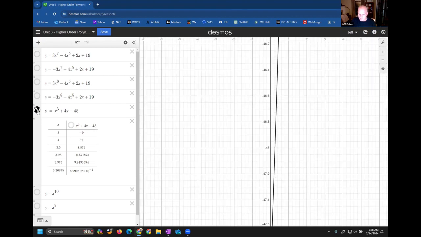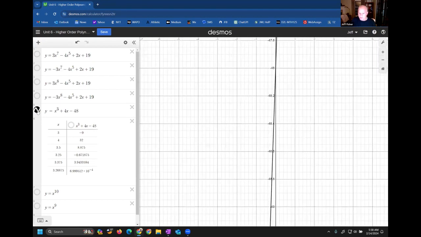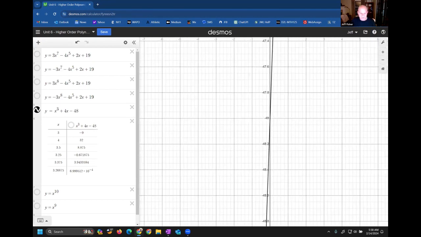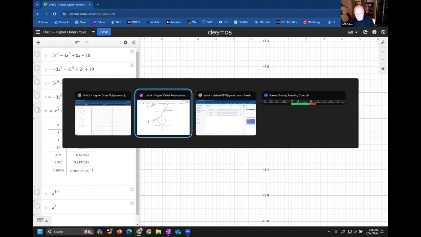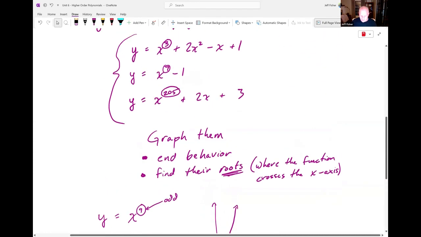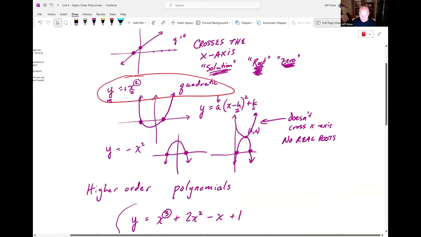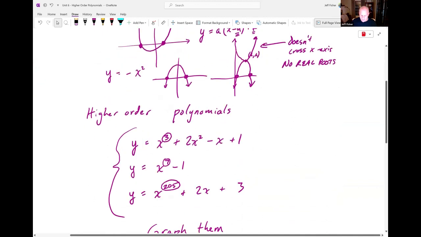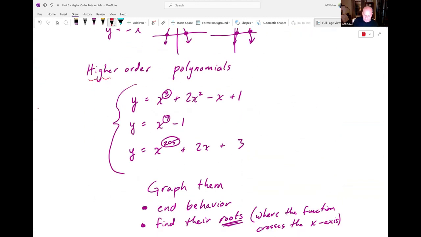If I zoom out, then you can see the behavior a little bit better, right? But now that we have a concept of end behavior, we're going to go back to my drawing here, or to my sheet. And I'll remind everybody, because I see that we have our team from Afghanistan that has joined as well, that where we left off is today we're going to talk about these higher order polynomials